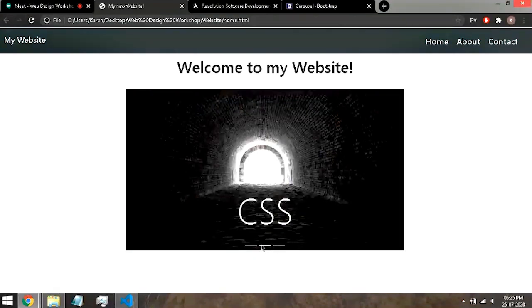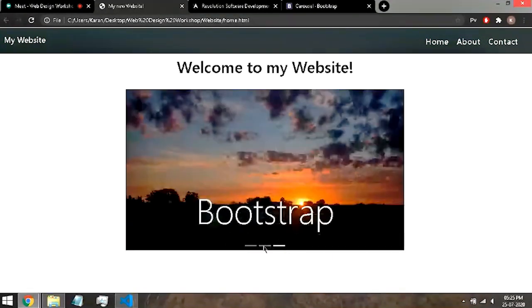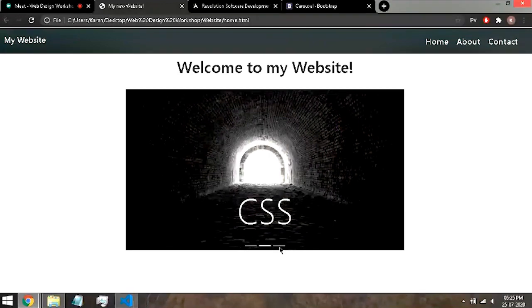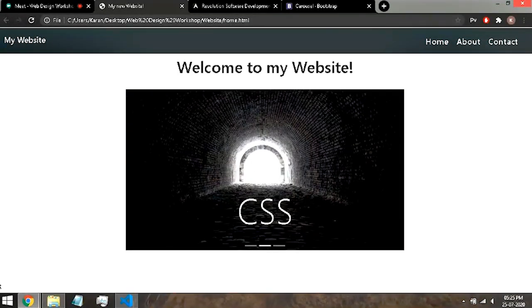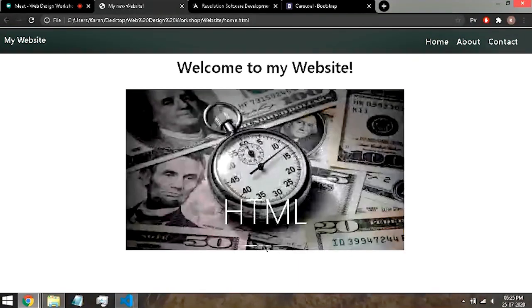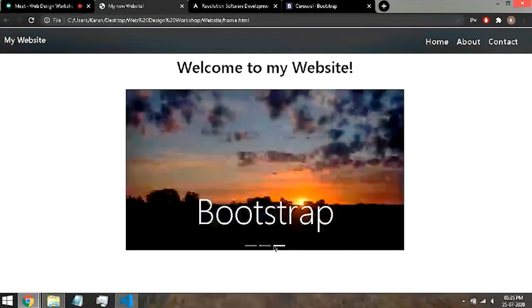And this makes your website a bit interactive. Like if you want to display multiple images instead of doing one after the other, like first image, second image, third image, scroll down. That is pretty boring to the user. So Bootstrap provides this very good feature of carousel, and you can directly add this.